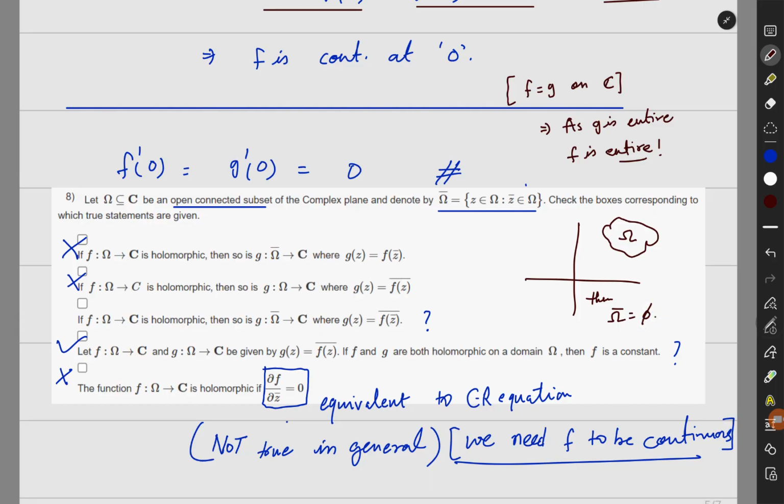So without loss of generality, we will consider omega touching some part of the real line, okay. In this particular way,